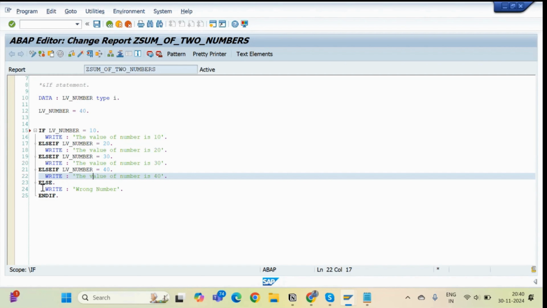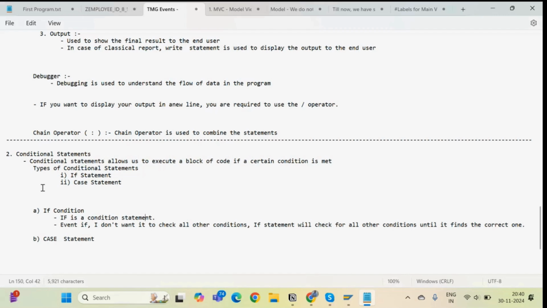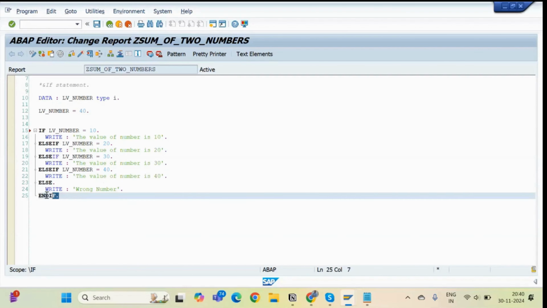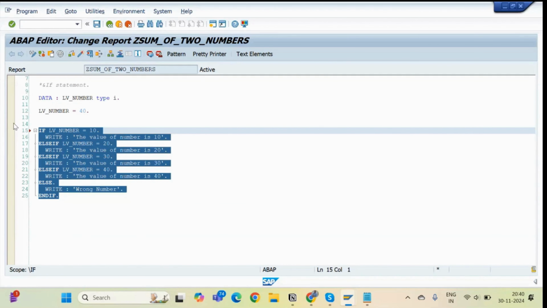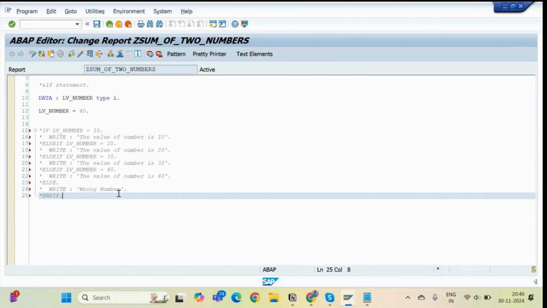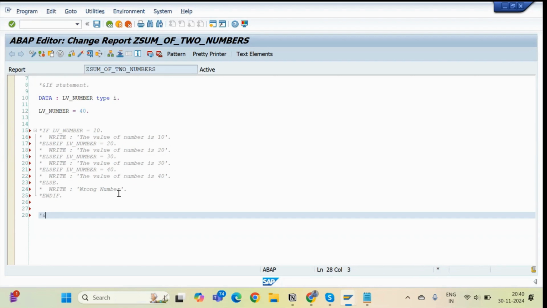Okay, it will directly go for the last one, which is else. See here guys how we define our case statement. I will just comment it out. Let's go for case statement. Both are used for the same purpose to check the condition, but case is more beautiful and more useful compared to if statement. Whenever you are required to go for multiple conditions, my suggestion will be just go for case